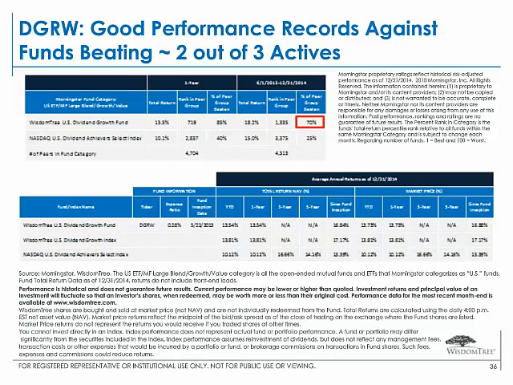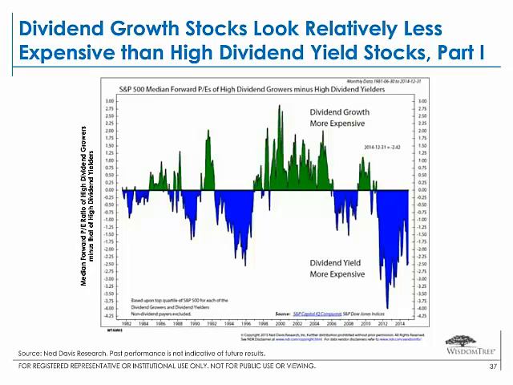Additionally, if you want to think in terms of some behavioral finance, you want to illustrate what might or may not be expensive in U.S. dividend markets, one way to look at it is this chart that we do with Ned Davis every quarter, where in essence we take the top quartile of dividend yield from the S&P 500, the top quartile of dividend growth from the S&P 500, and we subtract the median forward PEs of high dividend growers minus high dividend yielders.